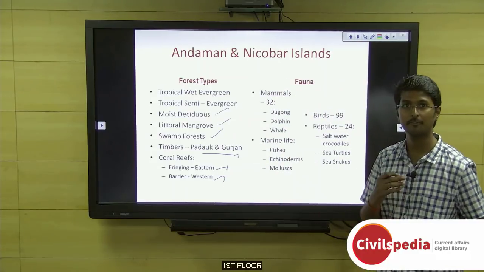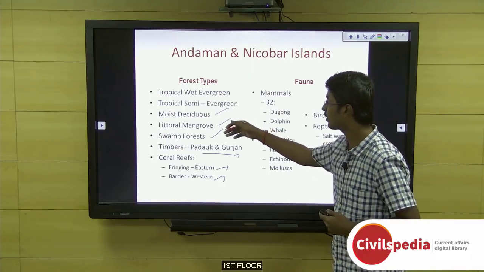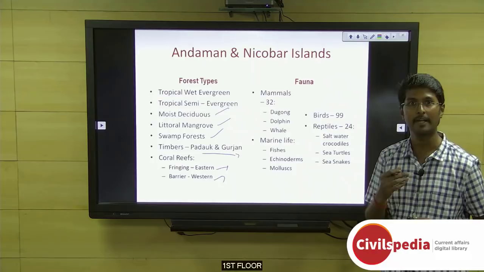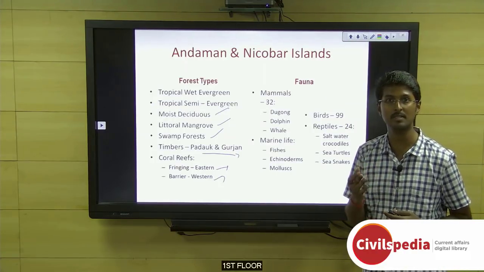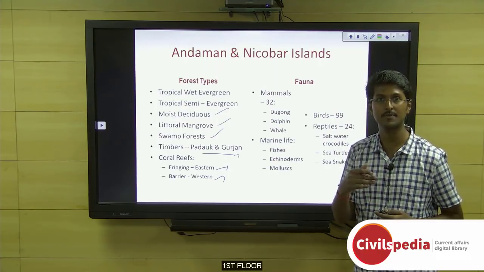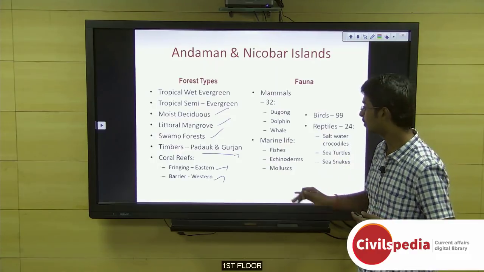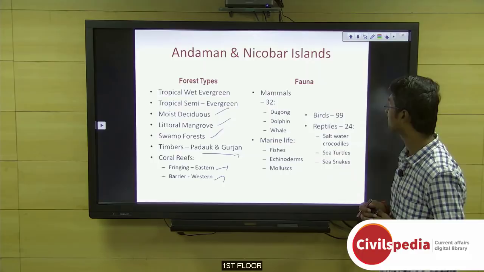So we have got different types of forests. In Andaman, wet evergreen is found, moist deciduous is found, and also swamp forest, and Nicobar largely has tropical evergreen forest, because it rains almost 8 months of the year in Andaman and Nicobar Islands, which receives rains from both the north-east monsoon and the southwest monsoon. So the Nicobar is one biosphere reserve as well. This is an additional info.